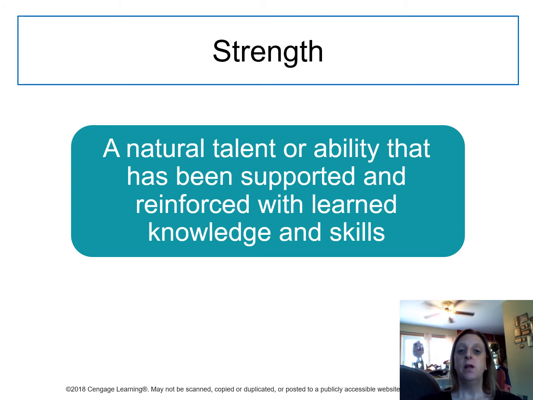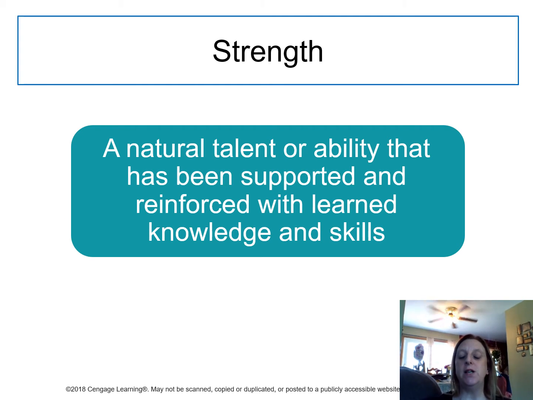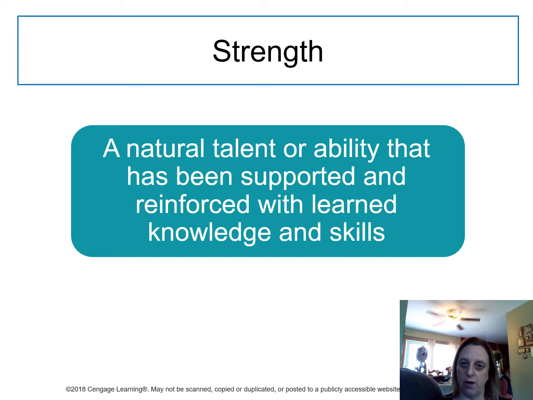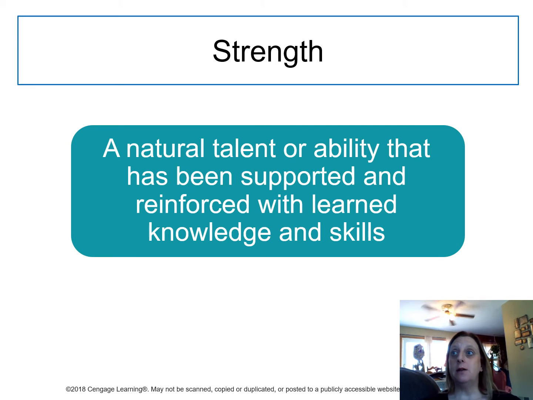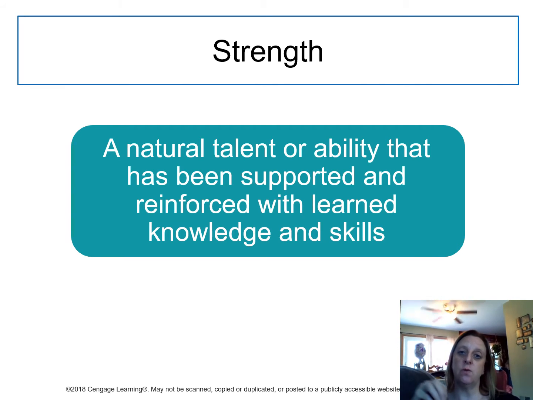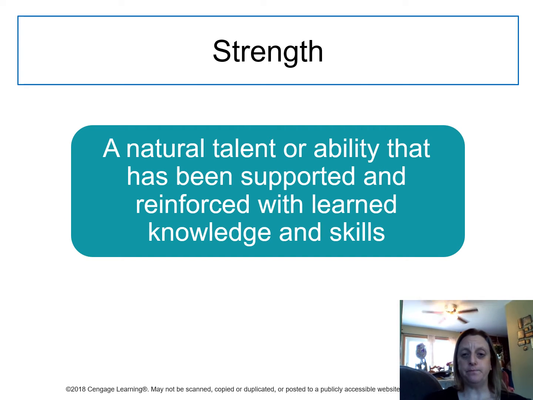So the main point is that you have these strengths and you want to play to the strengths that you have as a leader. But you're also going to have some challenges or some weaknesses or areas of improvement. You want to really maximize your strengths and utilize those as best you can. And it's okay to work towards improving on your not so strong suits, but not relying on your ability to improve in those areas and starting to rely on other people to pick up where your strengths leave off. I hope that kind of makes sense.